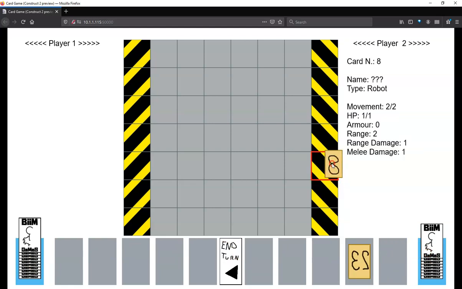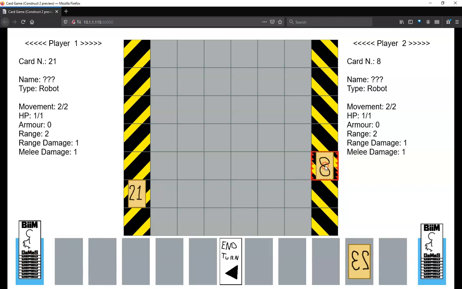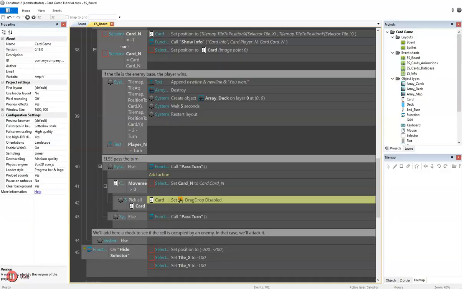Take 2 cards, put one on the field, pass the turn. Then with this turn, I just move only 1 step, and I can't drag this anymore. So that's quite fine, it works fine. I can continue and move this, and the turn is passed. So this is fixed. We can go back to our software and then